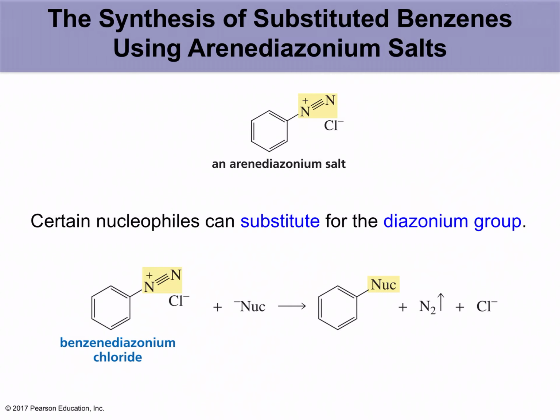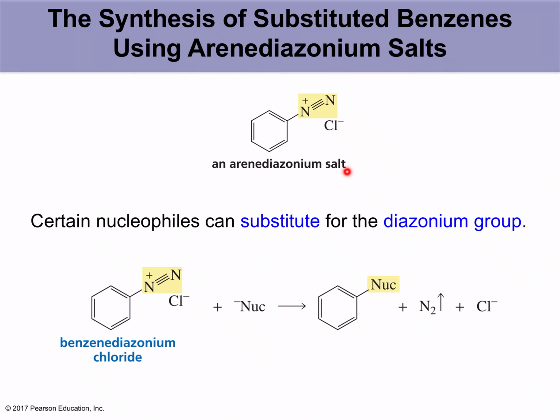Alright, so far we have learned a lot of reactions that a benzene ring would undergo and order of reactivity, whether they are activating, deactivating, and which substituent we need to put first if you are going to do a synthesis. So we learned that. So now we're going to learn another important reaction where we can add different nucleophiles on the benzene ring by making this